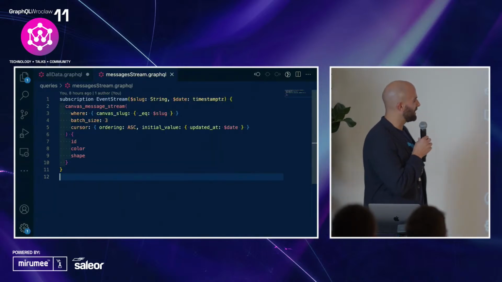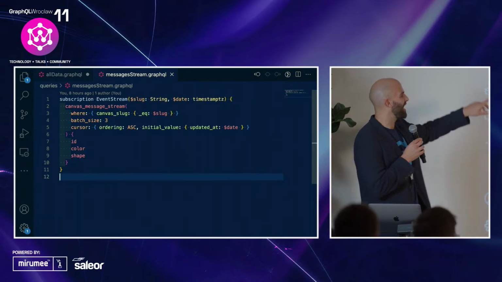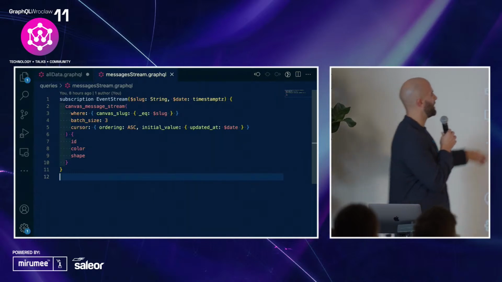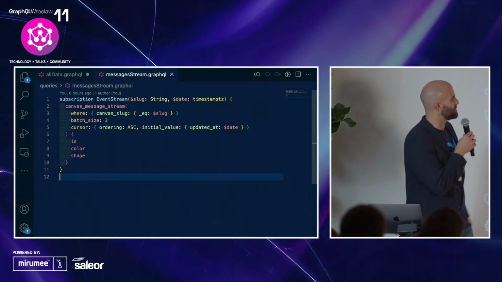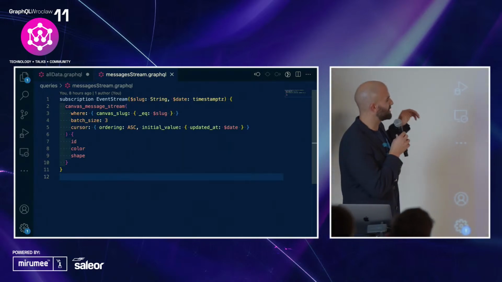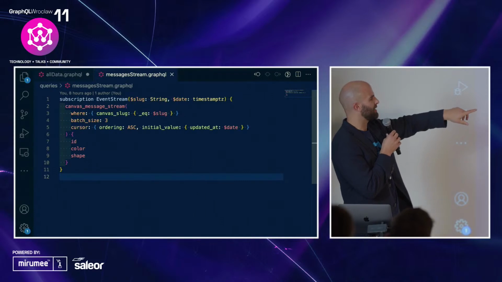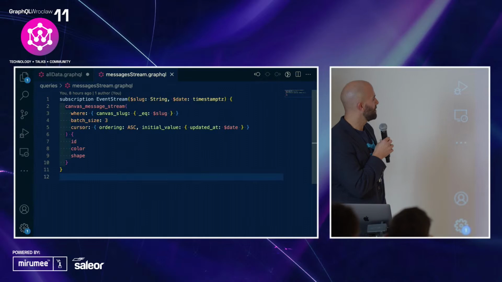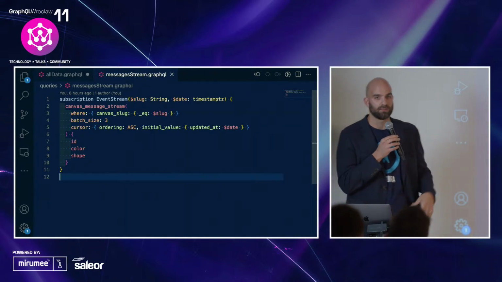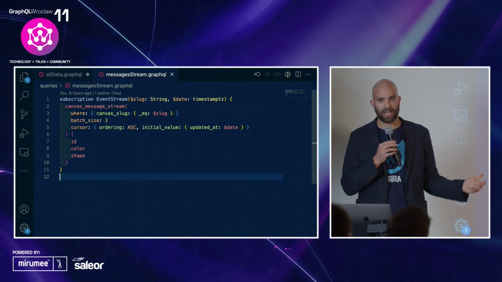So the only thing that I really had to do was just put _stream on the end. And then I had to change a few things, right? So I now have a batch size. I have to determine what size of batches I want to stream that data in with. I have something like the cursor, which is what I'm trying to track. In this case, it's going to be my updated at value on my database. But beyond that, that's all I need to implement a really complex feature that has a lot of benefits for us.